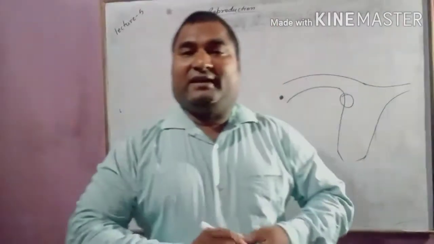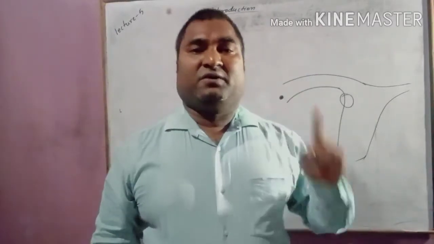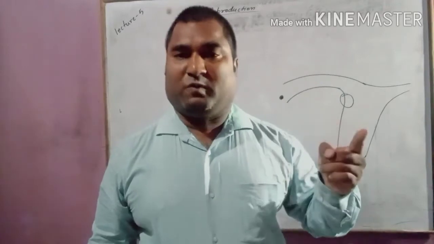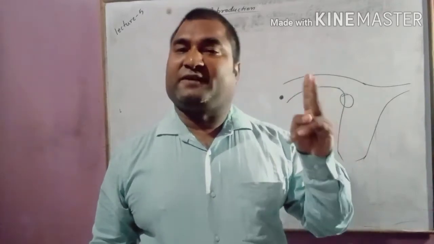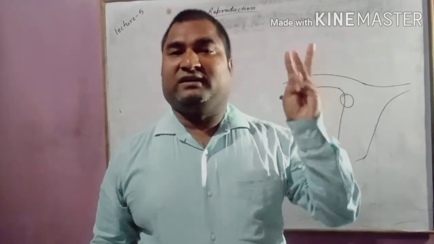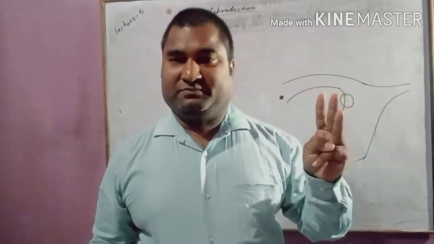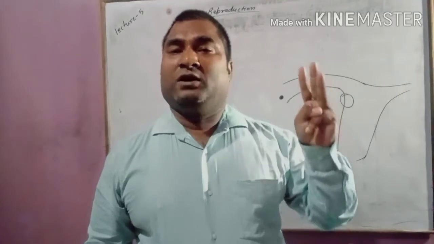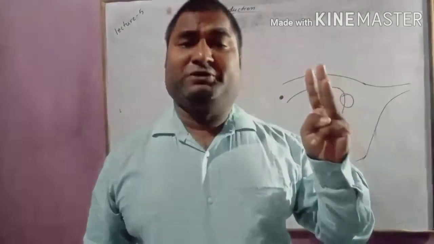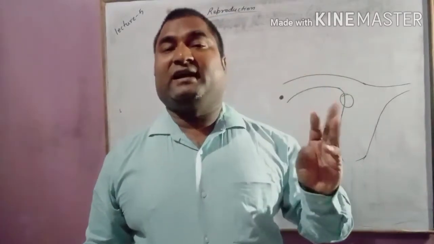So if I tell you the sequence, the first step is ovulation, meaning release of ova. The second step is fertilization, meaning fusion of sperm with ova. The third stage is implantation, meaning embedding of the developing embryo in the walls of the uterus, and after that, giving birth